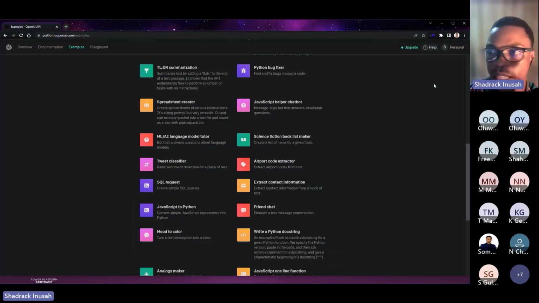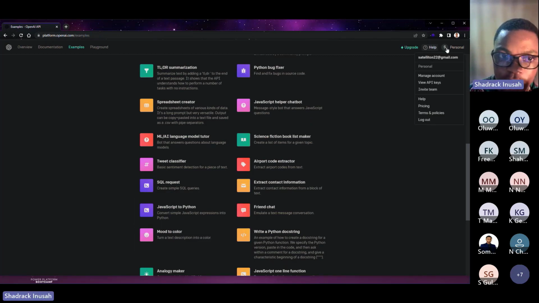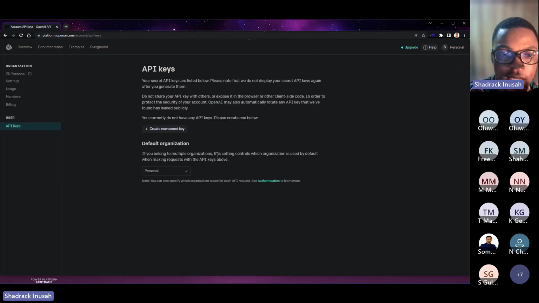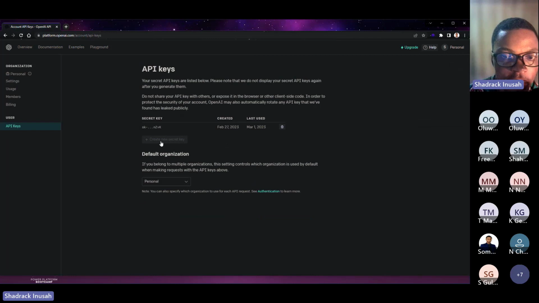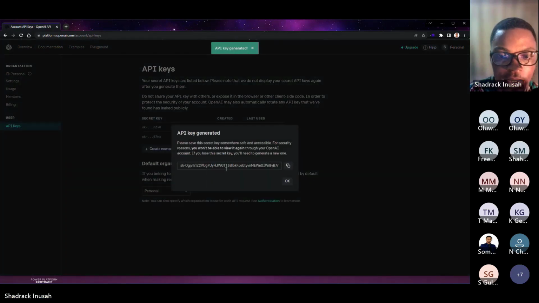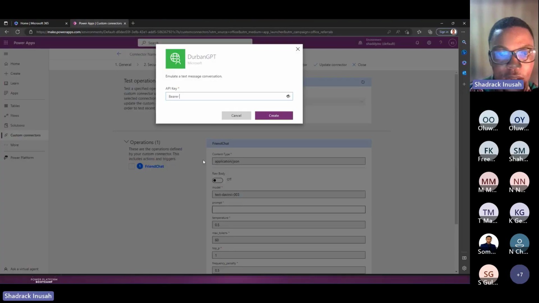let me go back. To get the API, we need to click on our account that we've created on the OpenAI site, where we use it to test out, to run our ChatGPT and other stuff. Yes, the same account. You tap on it or you click on it, then you go to view API keys. All right. So here you can create an API. All right. So this is the API. I'll copy that. Right. And I'll go in here and paste that.